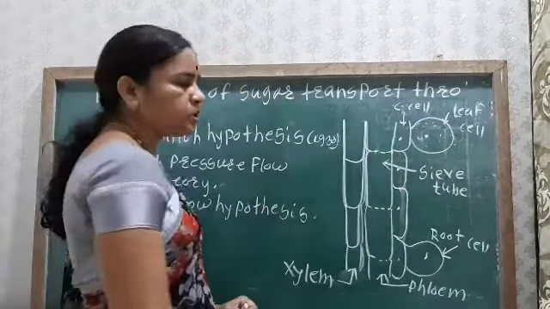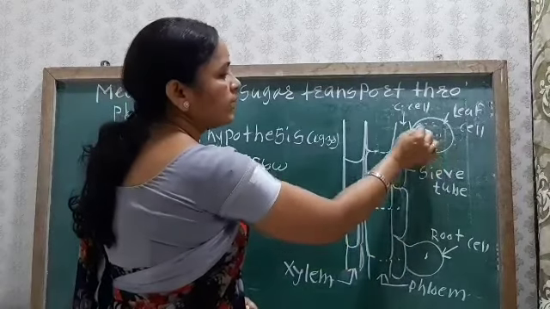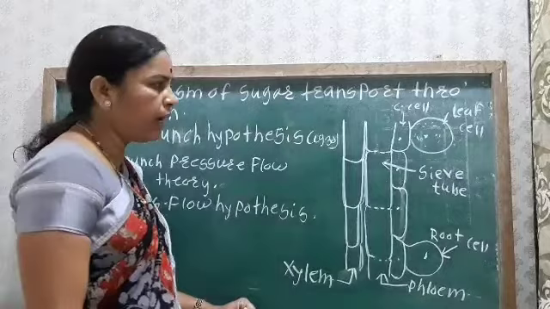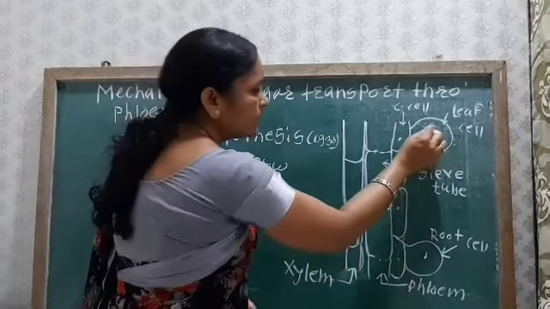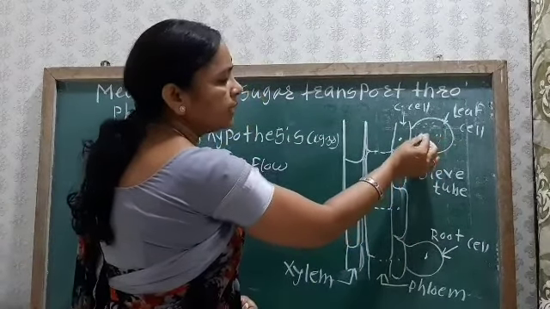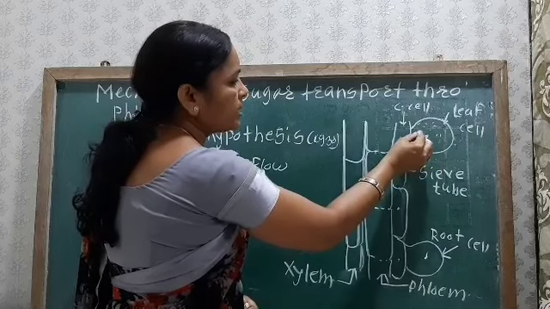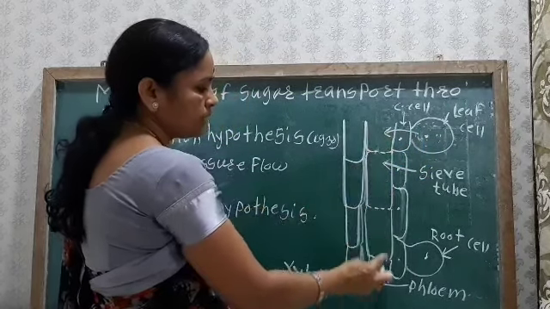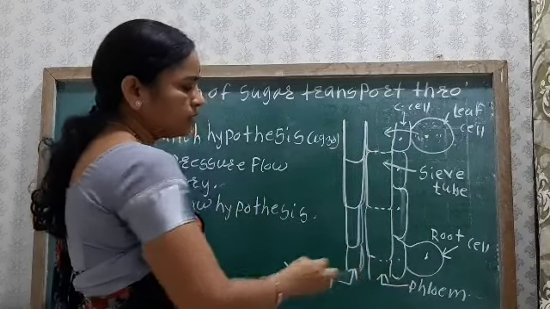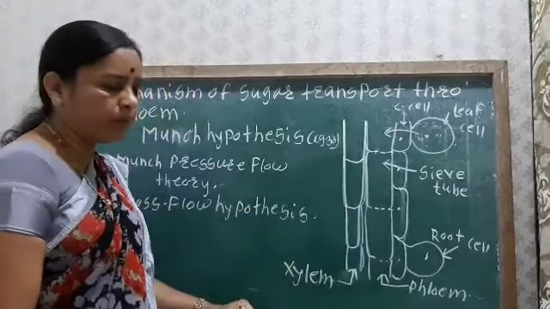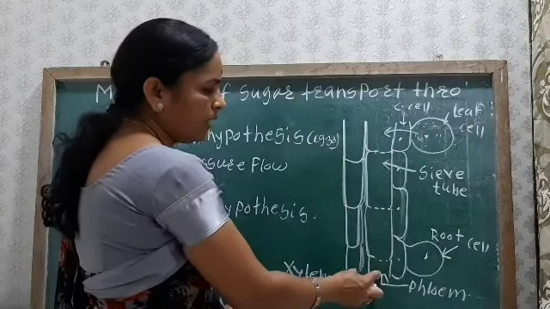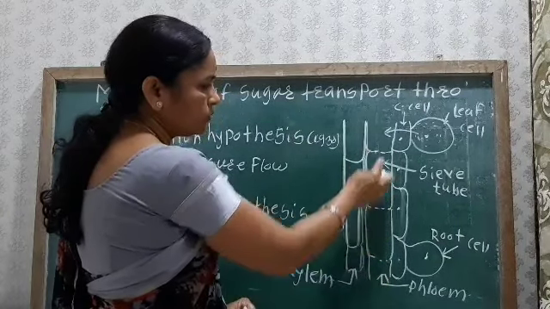During photosynthesis, the food material which is synthesized is in the form of sugar. The mesophyll cells transport the synthesized food material into the sieve tubes. So these are the sieve tubes. It is the phloem. If we see the LS of the xylem and the phloem, this is the phloem, that is the sieve tubes of the phloem.